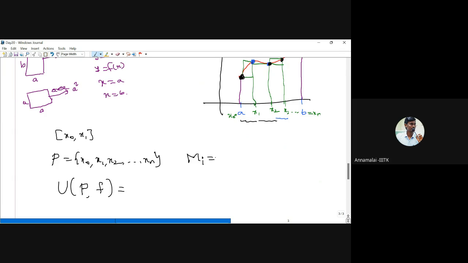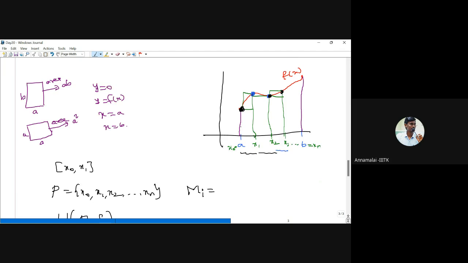So capital Mi is nothing but the maximum value of the function in the particular interval xi minus 1 comma xi. That is the supremum, because it's not a finite set, therefore we can talk about the supremum. Any interval is an infinite set. If we consider this interval xi minus 1 comma xi, in this interval the function has a maximum value, right? So that is nothing but the supremum of all the f of x, where x varies in the interval